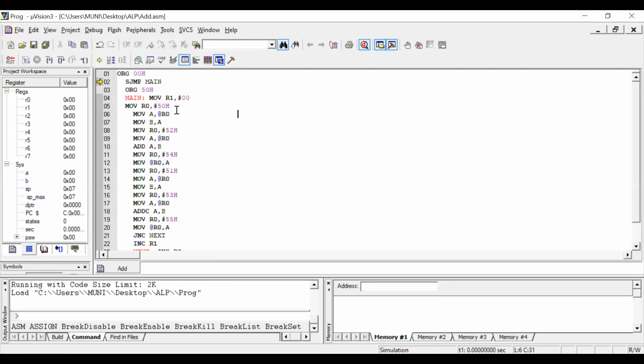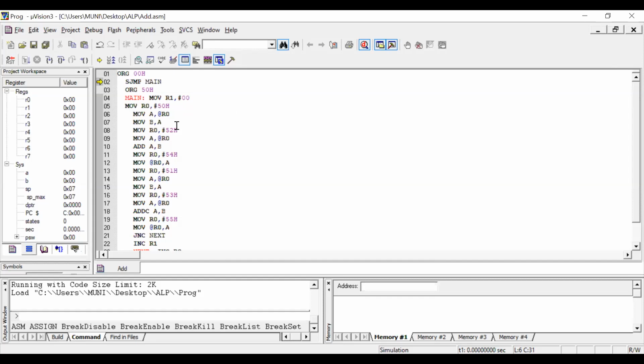That indicates that whatever values are available in the memory locations are taken and then executed. Okay, clear? So here also it is the same.